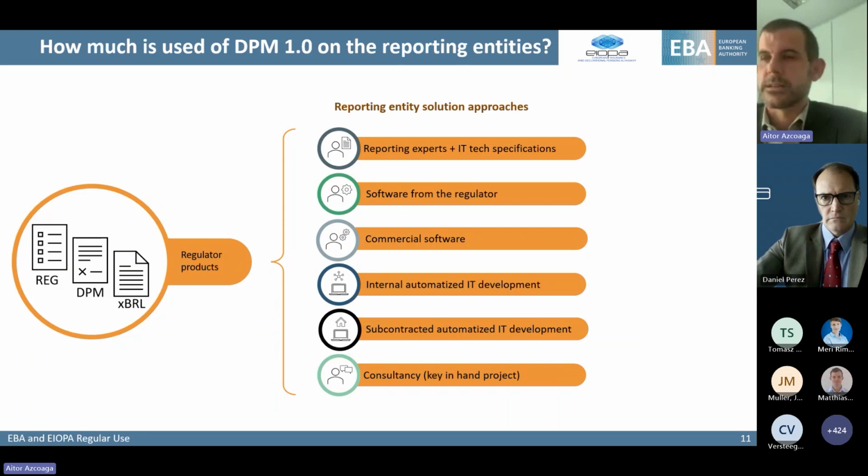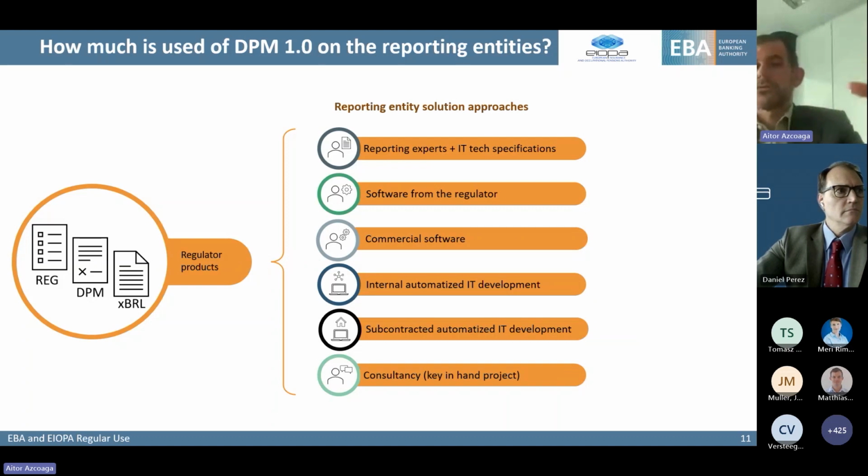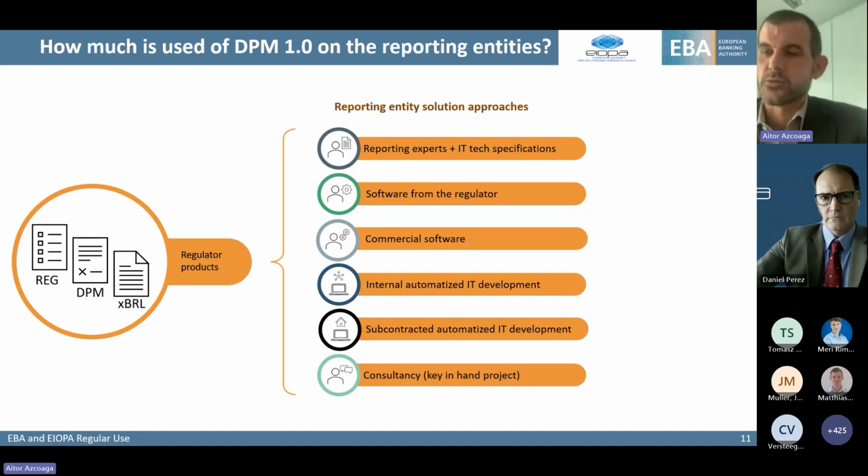Because today, as I was explaining, it's more from the entities' perspective how the reporting is set. We are publishing, as we explained, the regulation, the DPM, the variables, which are formed by a database and by annotated templates, and so on, and the taxonomies, the XBRL files, which are actually defining the specific transmission format. These are the products, and then on your end, you also have different types of solutions.